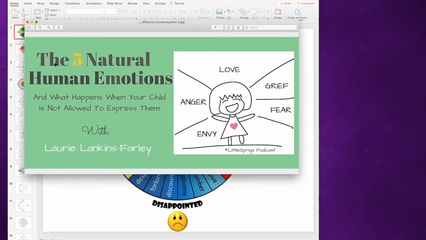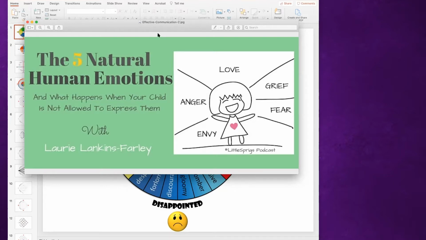I just saw the headline, The 5 Natural Human Emotions. And when I see the 5, that makes me believe that there's not a 6th or a 7th or a 12th. These are it. So I said, what are these 5? And the 5 are apparently love, grief, fear, envy, and anger.